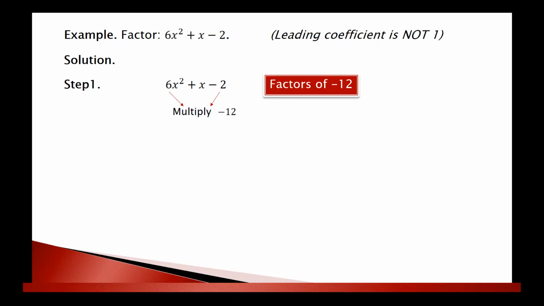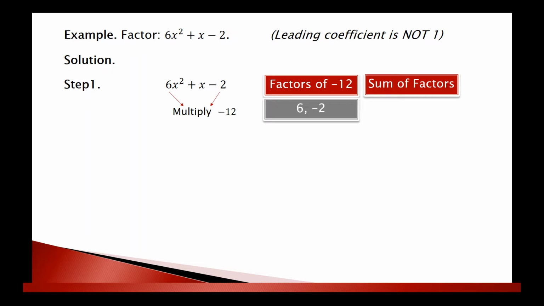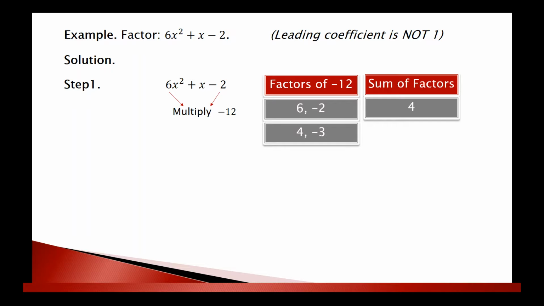And then we need to find the factors of this negative 12 and find the sum of those factors, and we'll look for the factors that add up to 1, which is the coefficient of the middle term. So the first try is 6 and negative 2, but the sum is 4, which is not what we are looking for. So let's try one more, which is 4 and negative 3, and they add up to 1,